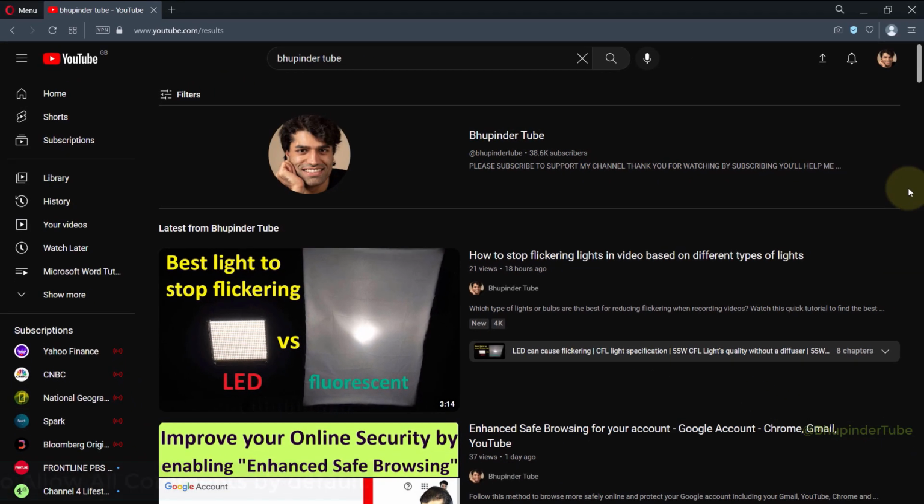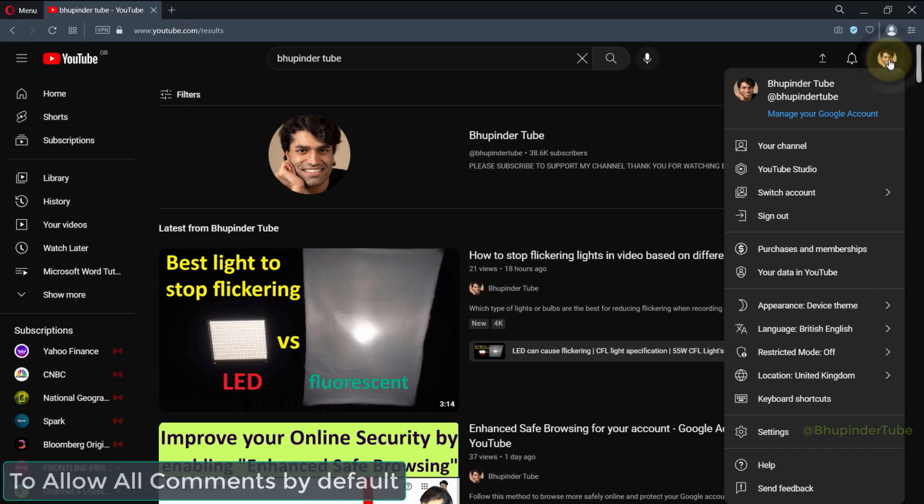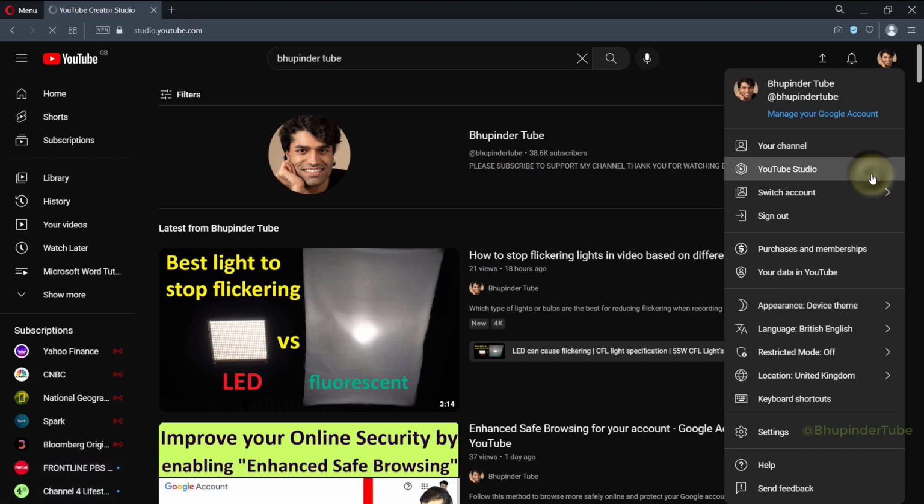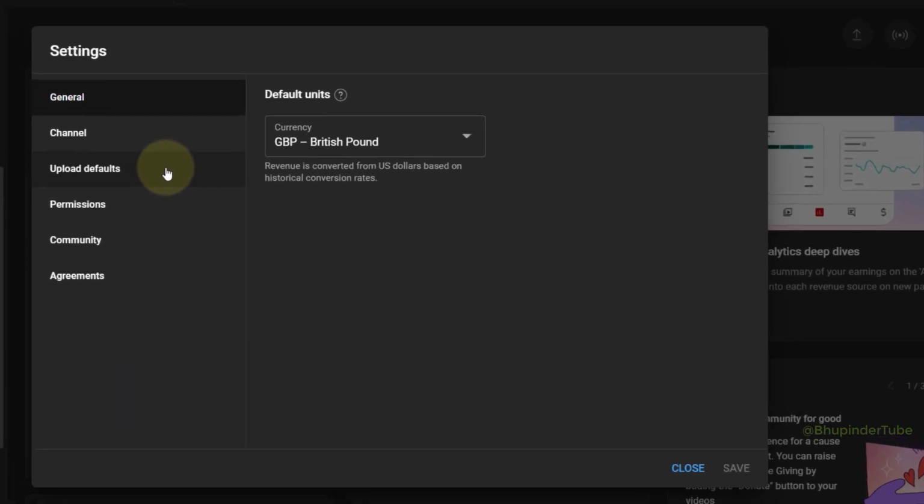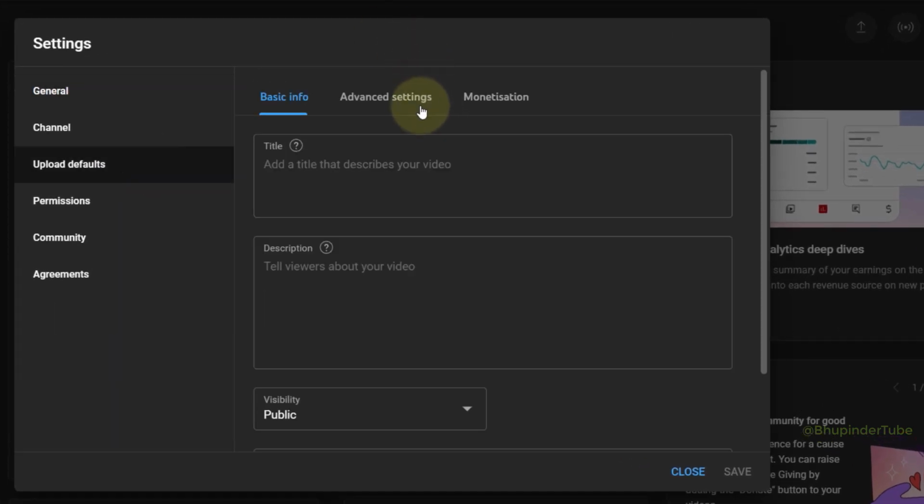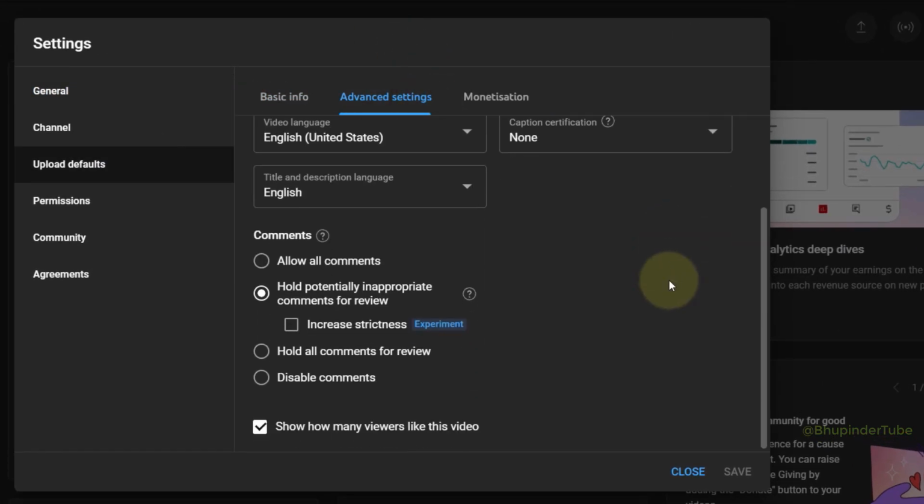Now, if you go to YouTube, click on your profile icon and then select YouTube Studio, select settings on the left hand side, go to the upload defaults, select advanced settings, scroll down to the bottom, you see a section called comments. If you hold your cursor over the question mark, it will give you more details,